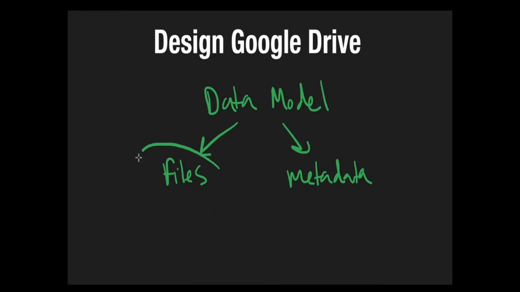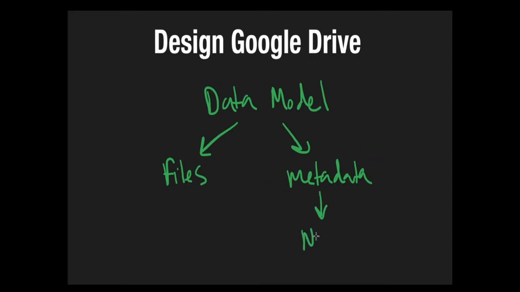Now, because these files could be anything, if it's just a text file like a string, technically we could store that in a database if we wanted to, like a relational database or a NoSQL database. But we could obviously be having images, videos, pretty much any format of file, so we need something much more flexible than that. Now, the metadata, of course, can just go in a database, whether it's SQL or NoSQL,